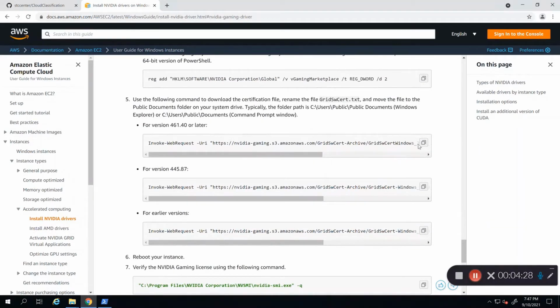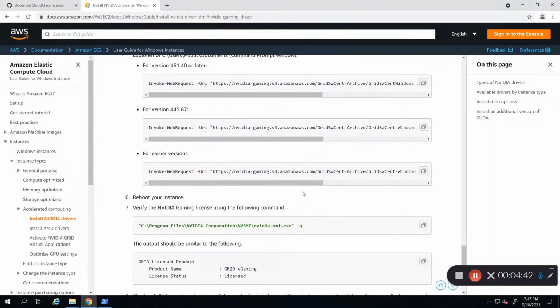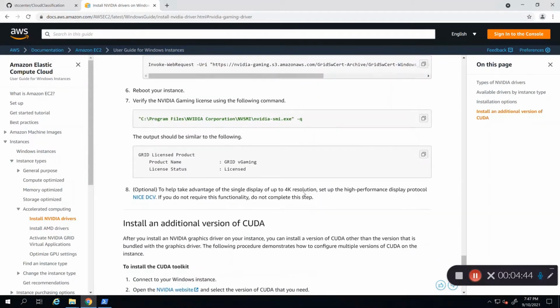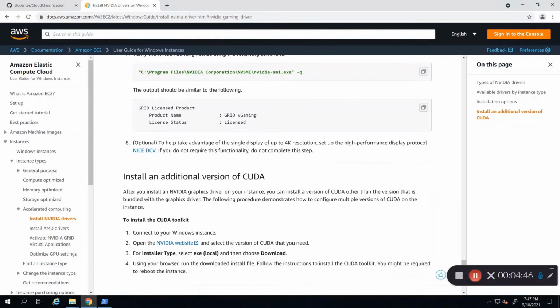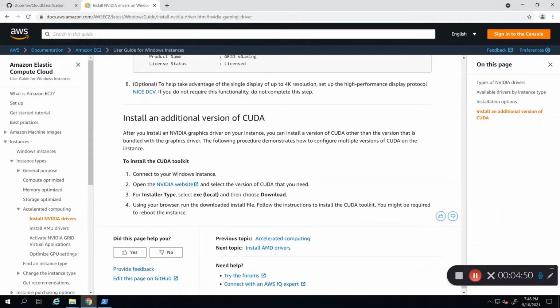Now we can go on to step 5. Depending on your web version, you're going to want to copy and paste that section. So then we're going to want to reboot the instance, and we will now be moving on to the CUDA installation. For that, we're going to this other website,